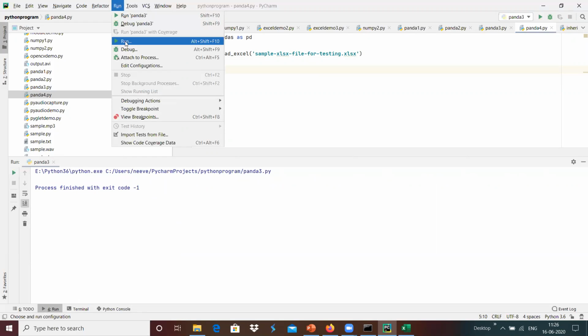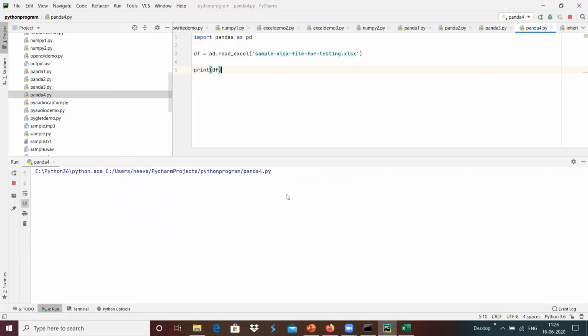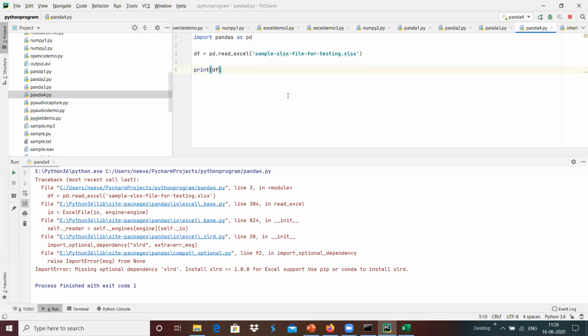I'm going to run panda 4.py, which basically loads that.